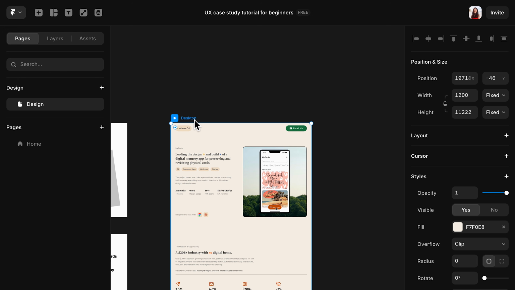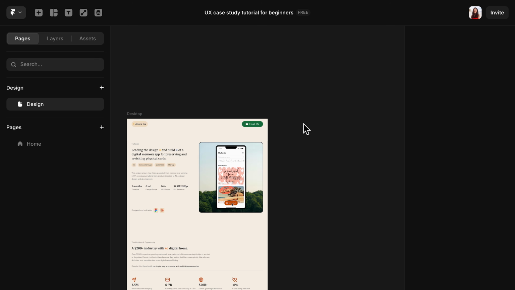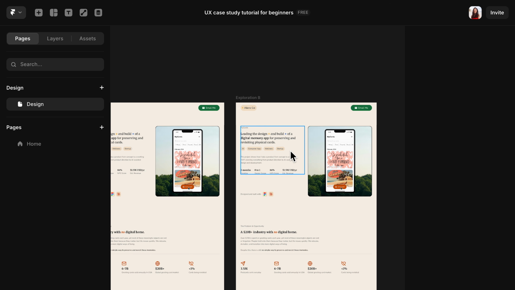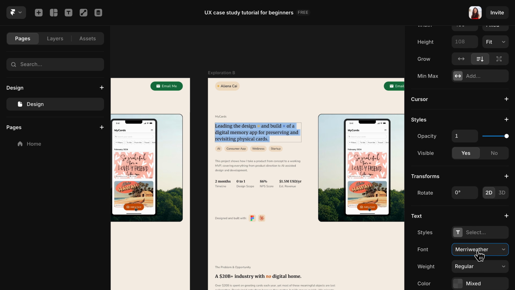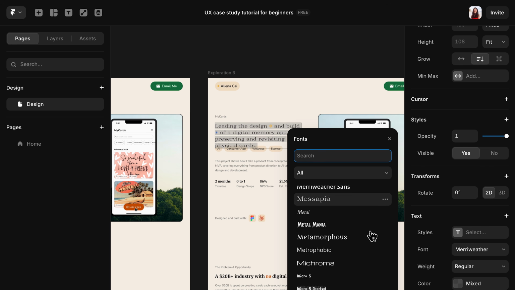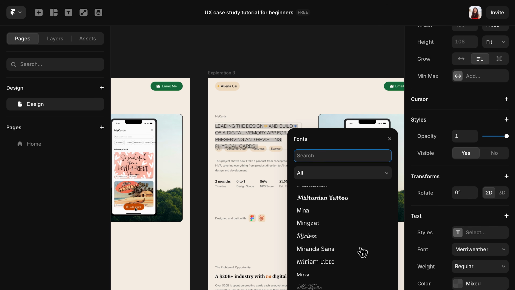In Framer, you can duplicate a frame and paste it next to your original frame to explore new ideas. Try different colors, different fonts, different layouts, different text, different graphics. Go crazy, go minimal, steal from different places. When you steal from a lot of places, you're creating your own art. But when you steal from just one place, that's plagiarism.